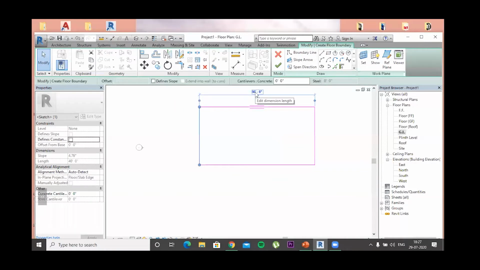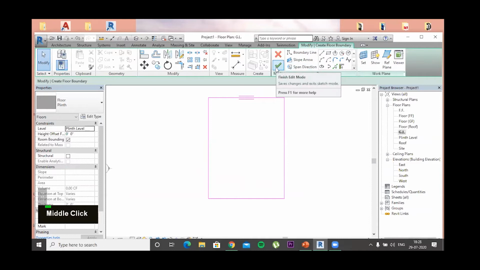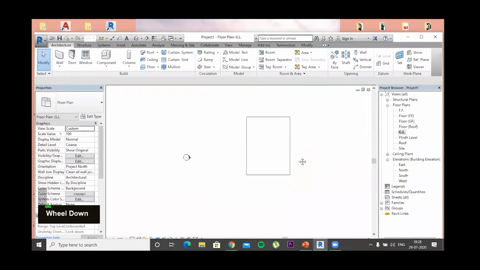Sometimes it confuses people, but I think this is to make it more simplified. I will keep this as 50 or 30 maybe. Okay. So this is our plinth which we will be creating. Then press right. Now we have created this.